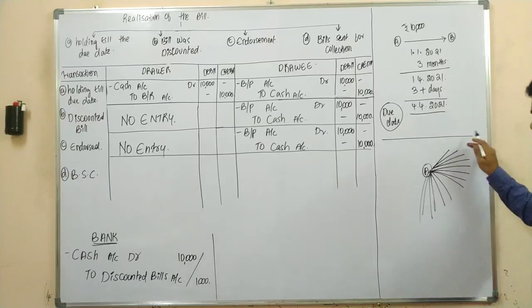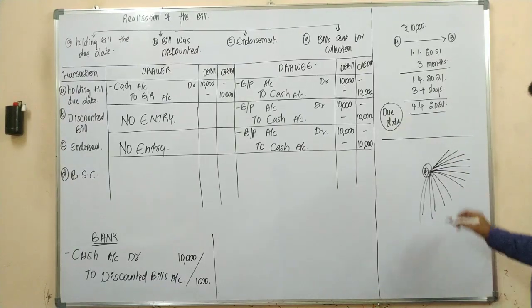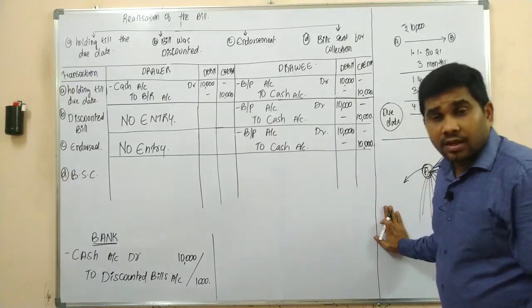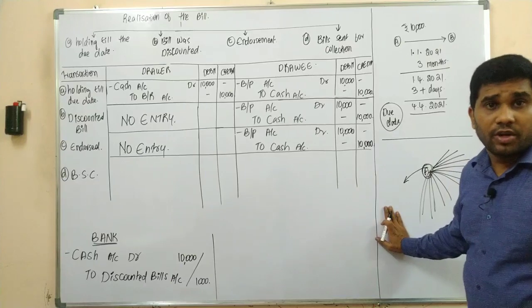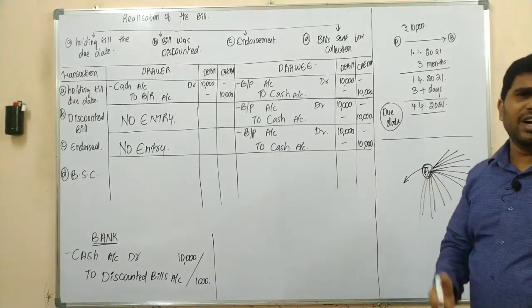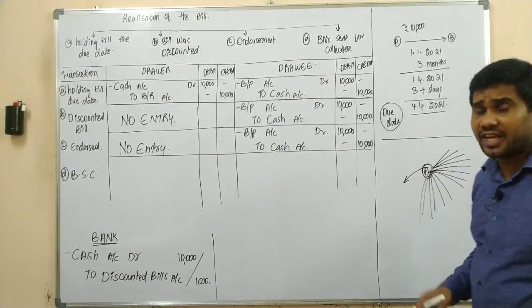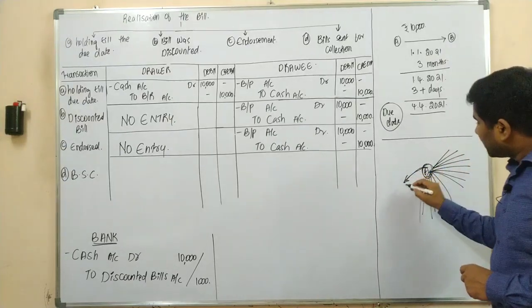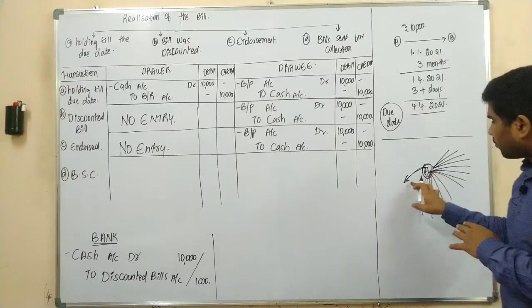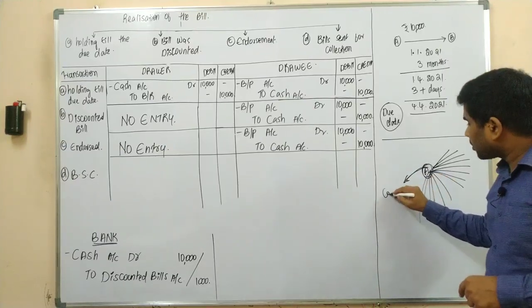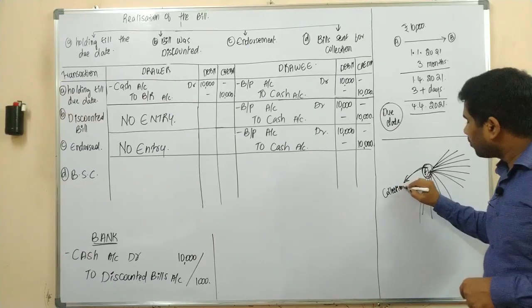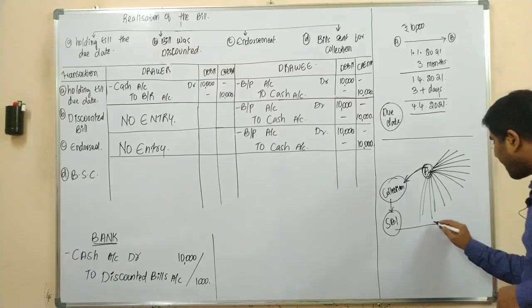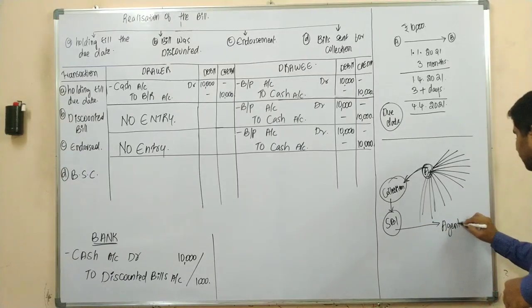As he sold to various parties throughout the year, Mr. A would be having different drawees and different due dates. Yes or no? So as Mr. A is having different drawees and different due dates which he needs to present to the drawees, Mr. A would be sending the bills for the purpose of collection. To whom is he sending, sir? He is sending to the bank. The banker would be acting as an agent.